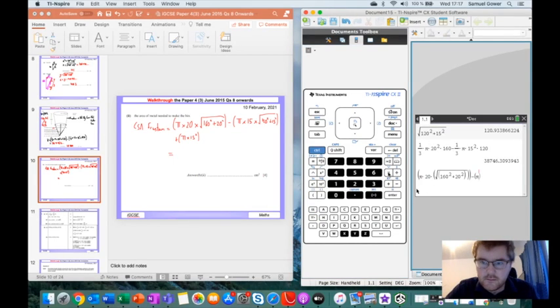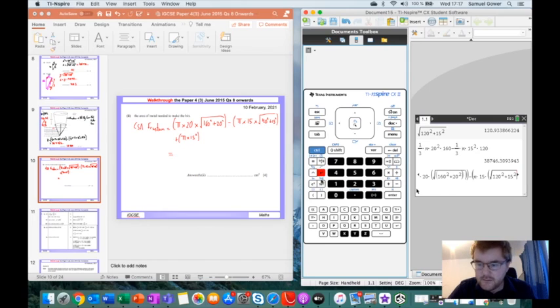Pi 15 times, open brackets, square root, 120 squared plus 15 squared, bracket, brackets, plus, and then we want this part now, so we've got